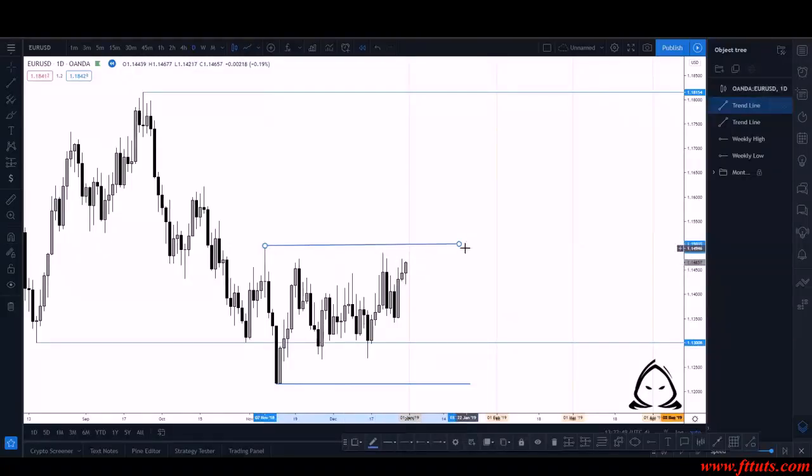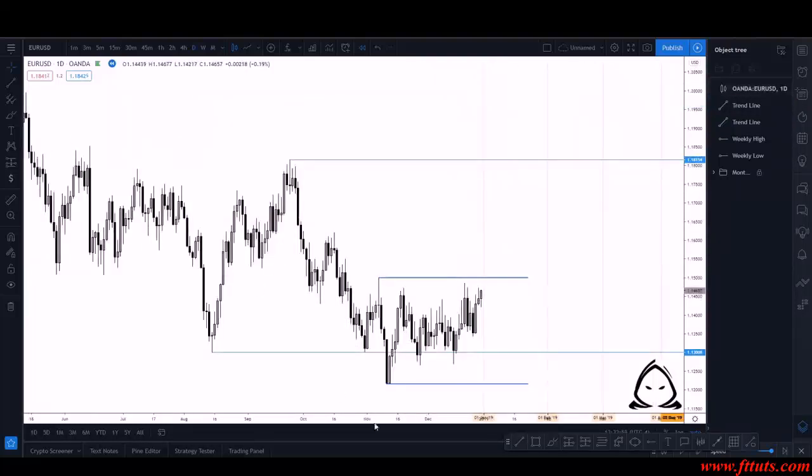So we can see prices ranging between this high and this low. We are still in an overall bearish push when we're looking on the daily. As we can see, we're putting in lower lows and lower highs. As soon as this low is created and started to push away, we can denote that as the low